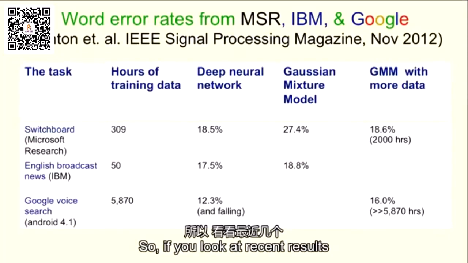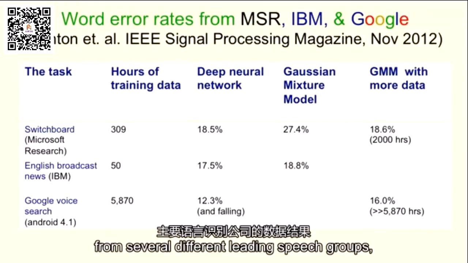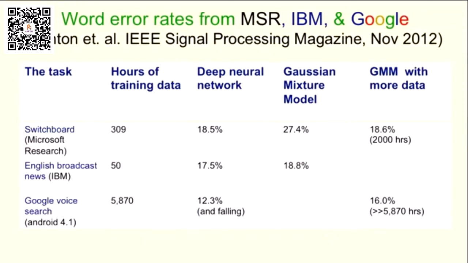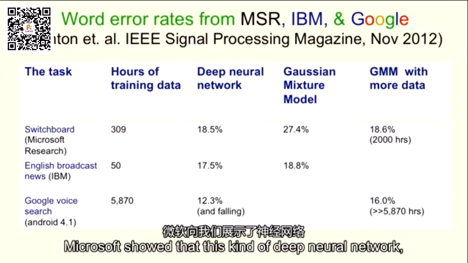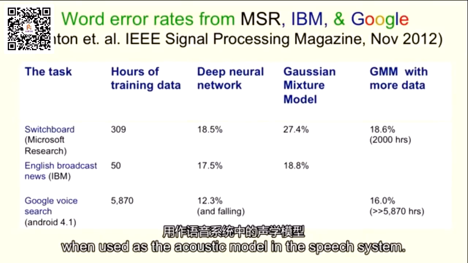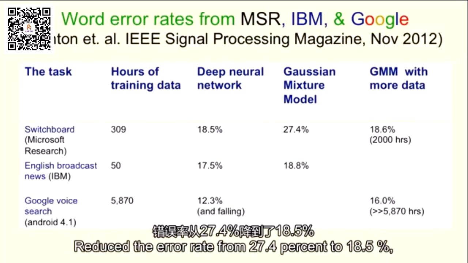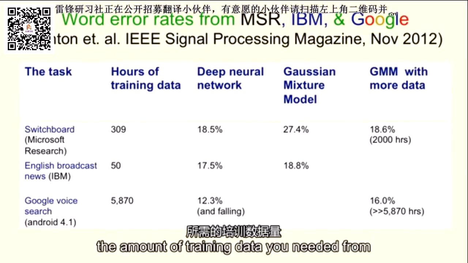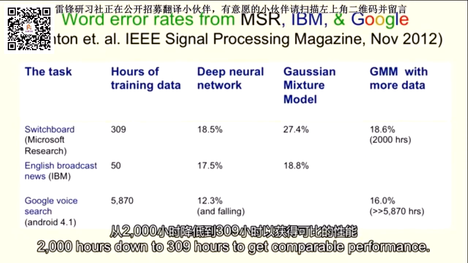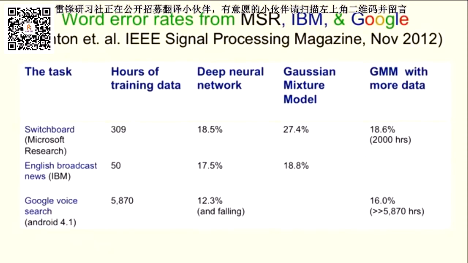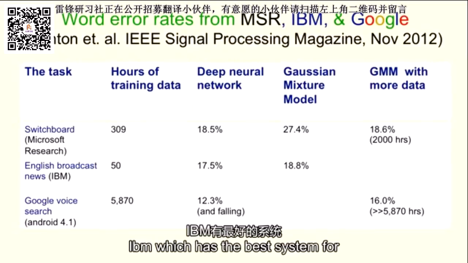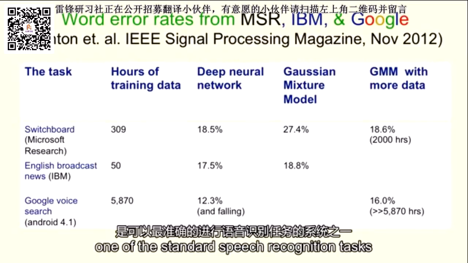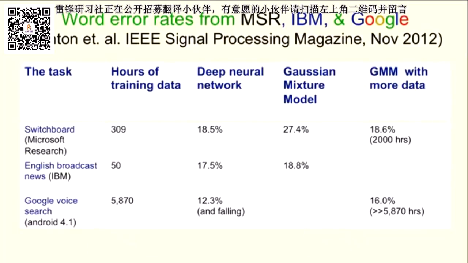So if you look at recent results from several different leading speech groups, Microsoft showed that this kind of deep neural network, when used as the acoustic model in a speech system, reduced the error rate from 27.4% to 18.5%, or alternatively, you could view it as reducing the amount of training data you needed from 2,000 hours down to 309 hours to get comparable performance. IBM, which has the best system for one of the standard speech recognition tasks for large vocabulary speech recognition, showed